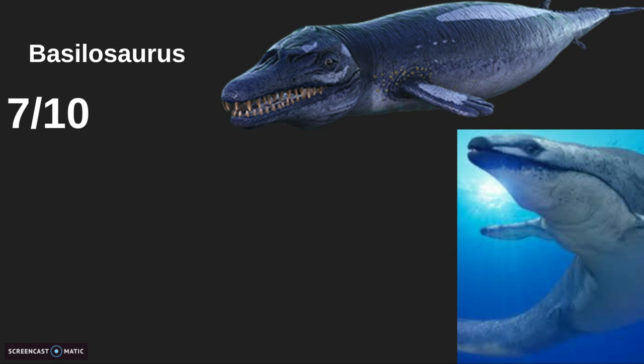Next, we have the Basilosaurus. I give this a 7, slightly lower than the Thylacoleo because, one, this little fin. Basilosaurus didn't have this. That's minor, but,